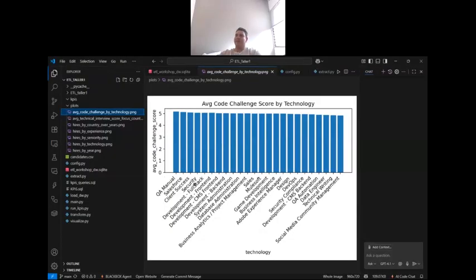As we can see, the highest average code challenge score belongs to QA manual. The data shows that the people who manage that technology are the most certified to be hired